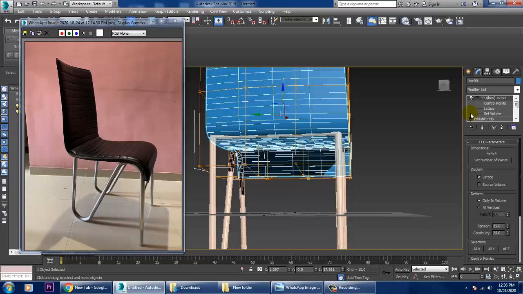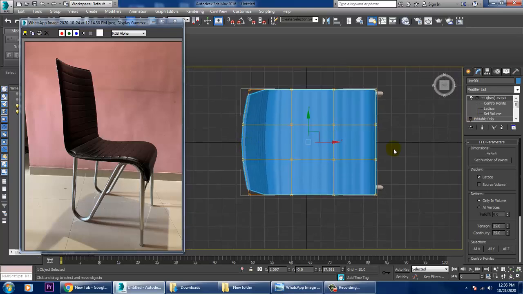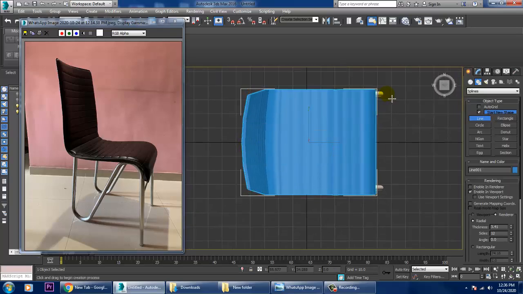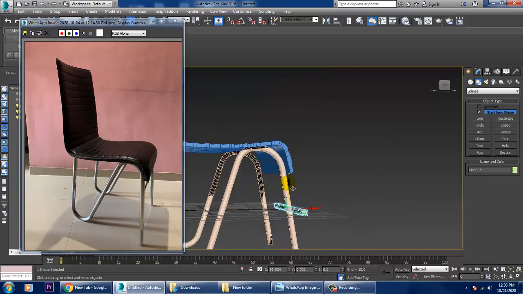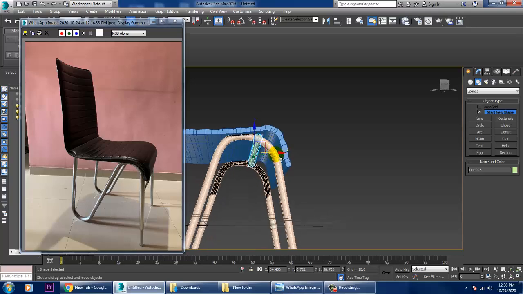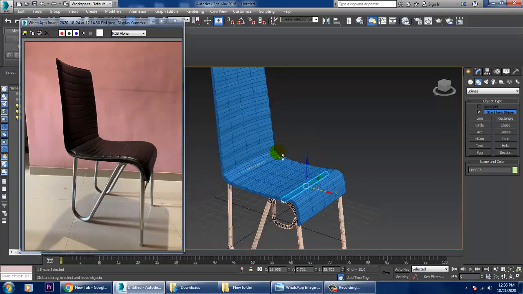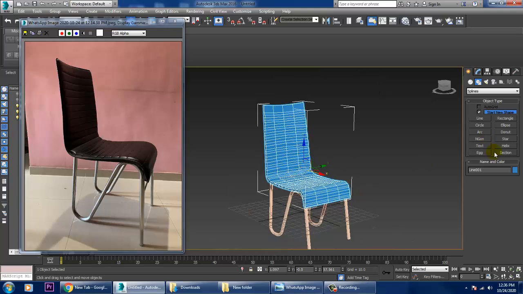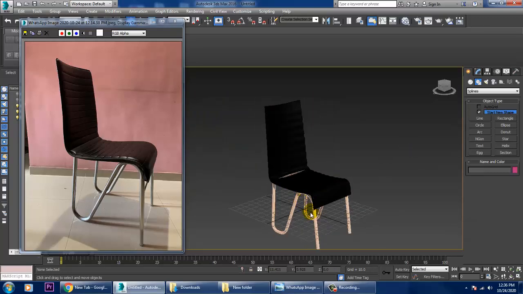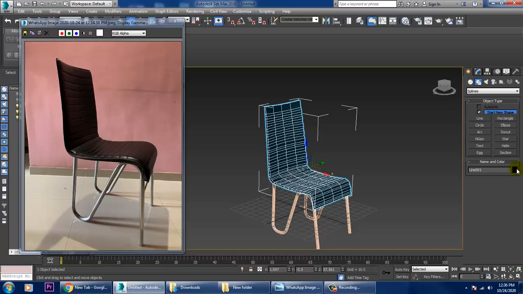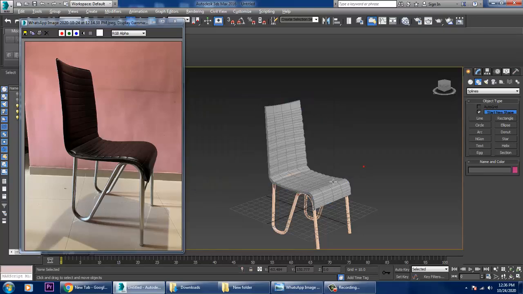Also we need one more line over here. So let's take one more line over here. That line will definitely be joining over here. If you want that line to join over here, you can easily join this line in this way. So I'll give a color to it. We can give any color to it. Give a gray color, not a problem.